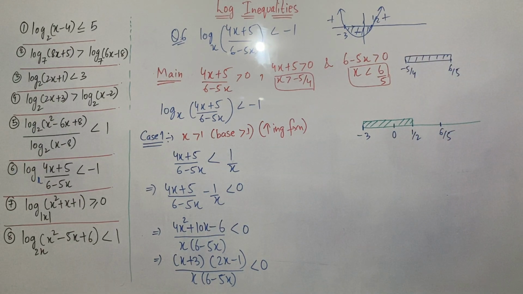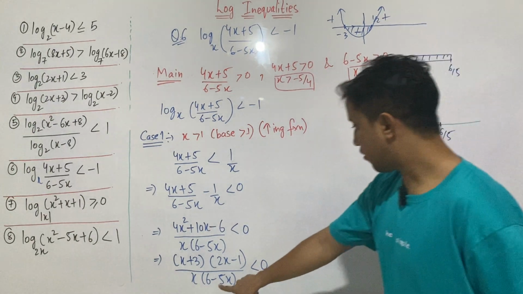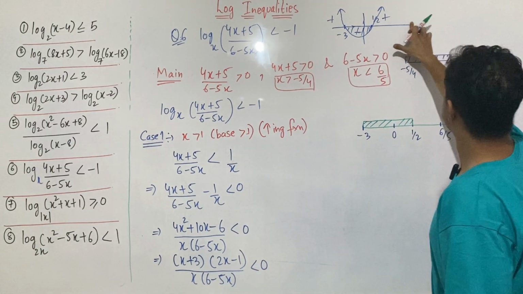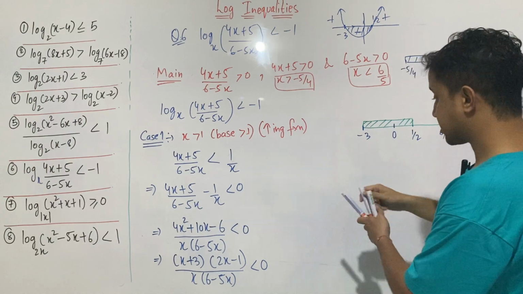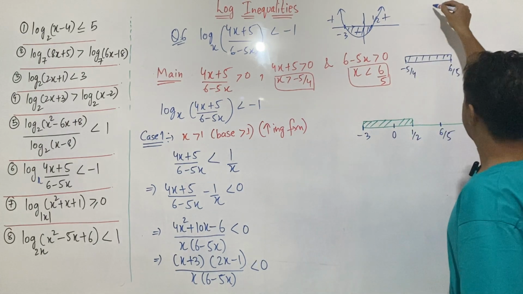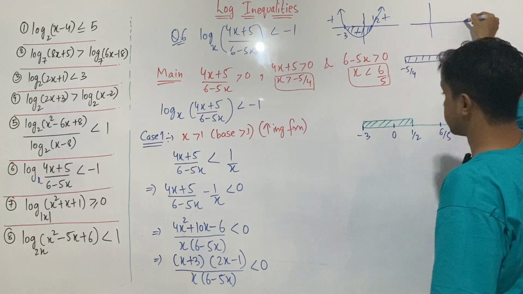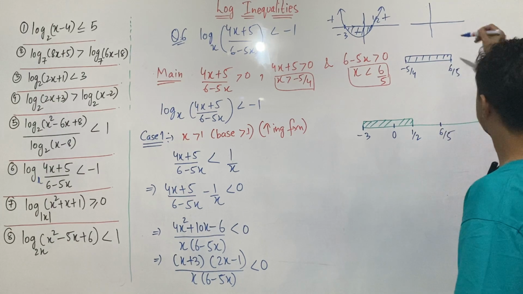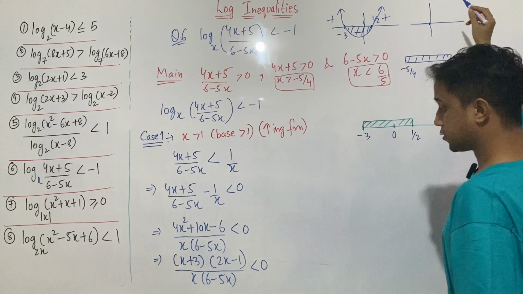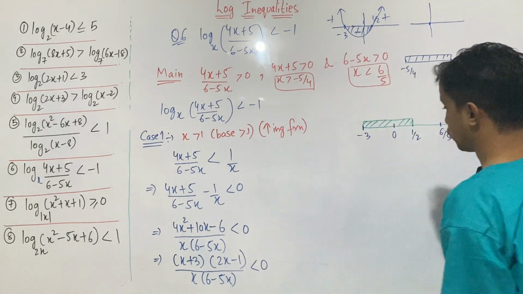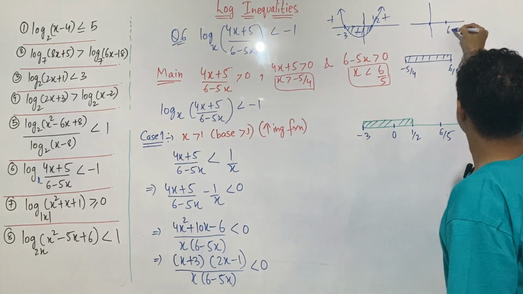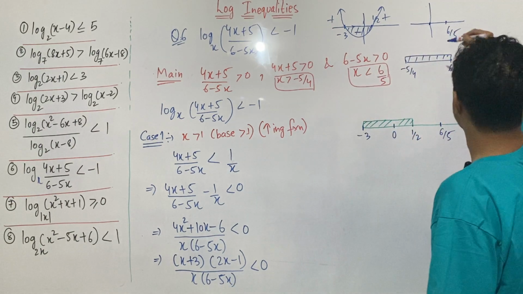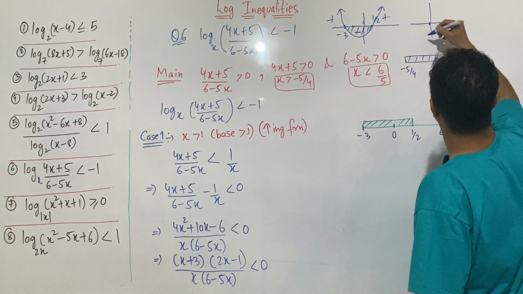Right? And then for this one, 6x minus 5x squared. Now, if you solve it, the sign is going to be negative. I mean the sign of the leading coefficient of x squared, because this is 6x minus 5x squared. So 0, and the critical point is going to be the root, so this is 6 by 5. Because the sign of the leading coefficient is negative, this is going to be my downward